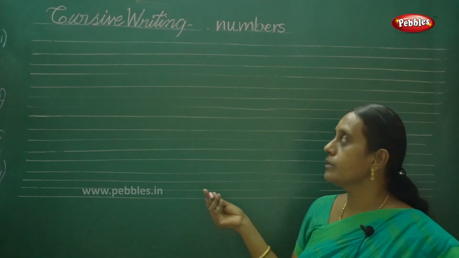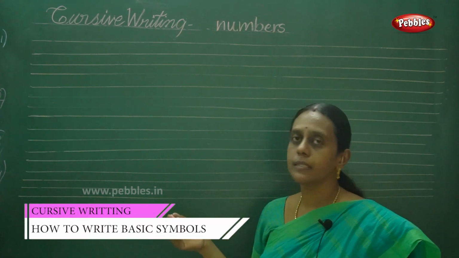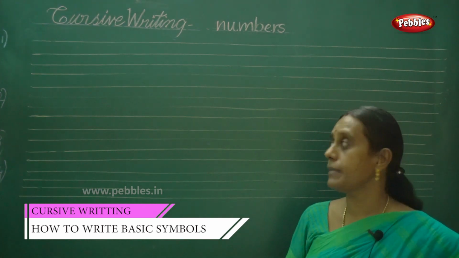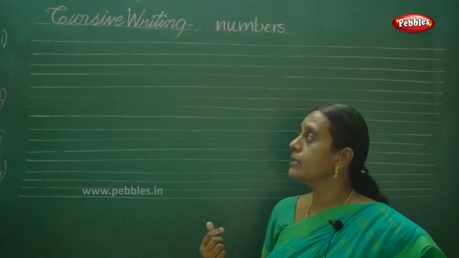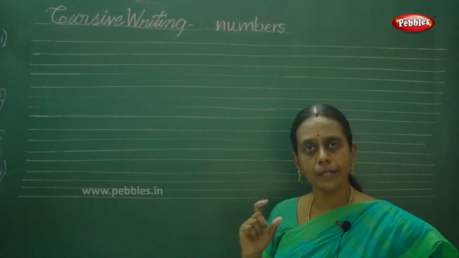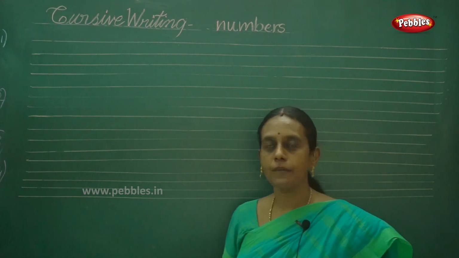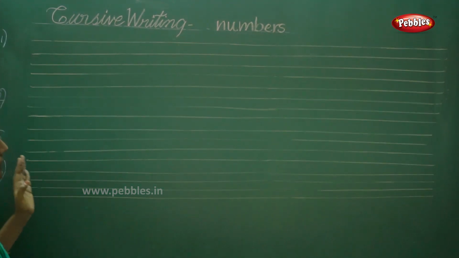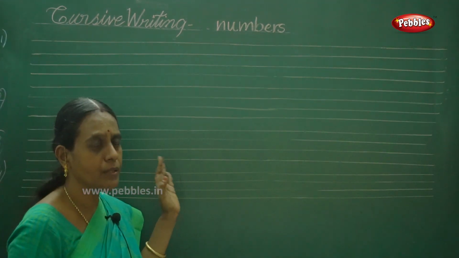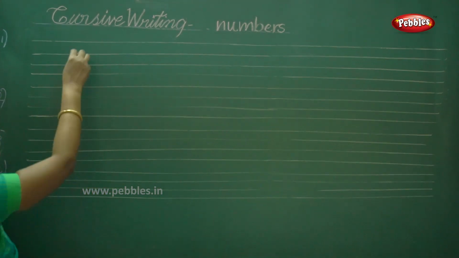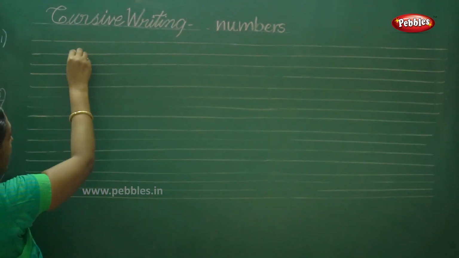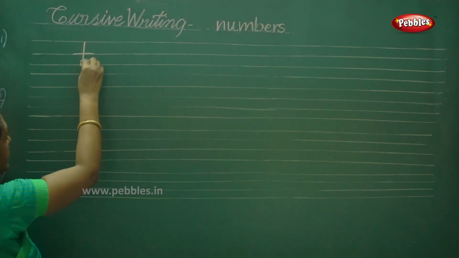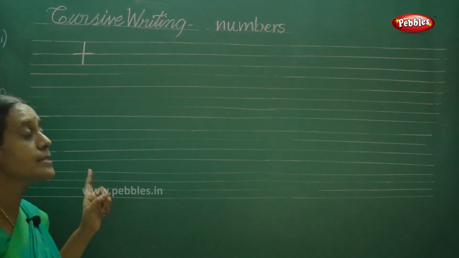Okay children, now we are going to write the basic symbols that we use in our mathematical applications. That is also a specific proper way of writing. So we have to know that first, that is addition. It does not need 4 lines, but it is the correct way and a very clear structure. Choose this line, addition, make it steeping, and this is the correct way of writing the addition sign.